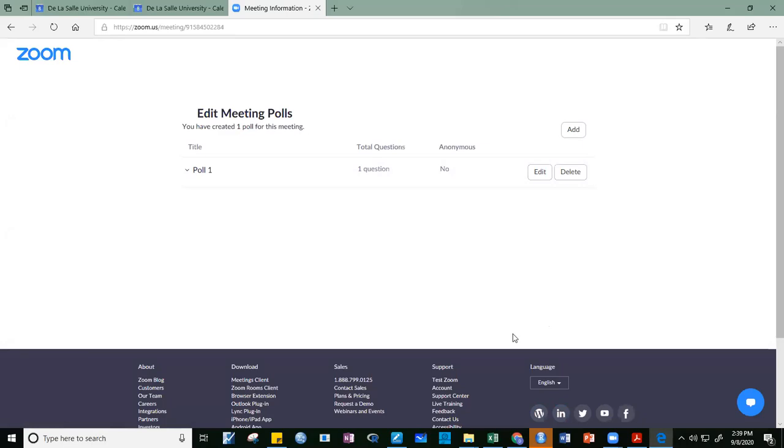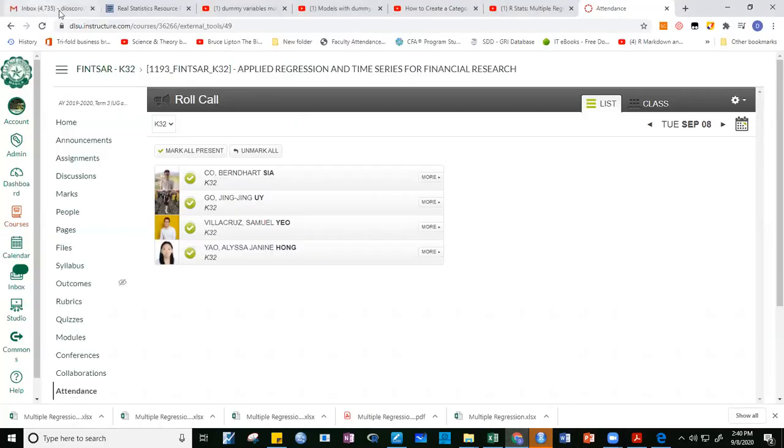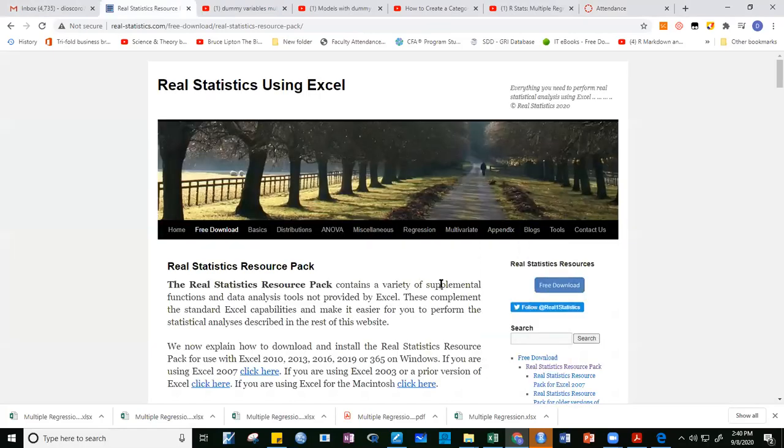So, sino hindi pa nakakuha ng file? Aside from Dick, nakuha mo na? Meron na po. Okay, so, guys, meron na kayo lahat? Sir, yung add-in ba to Excel yun? Yes, it's an add-in to Excel. Okay, I requested you guys to download itong sa RealStat. I gave you this